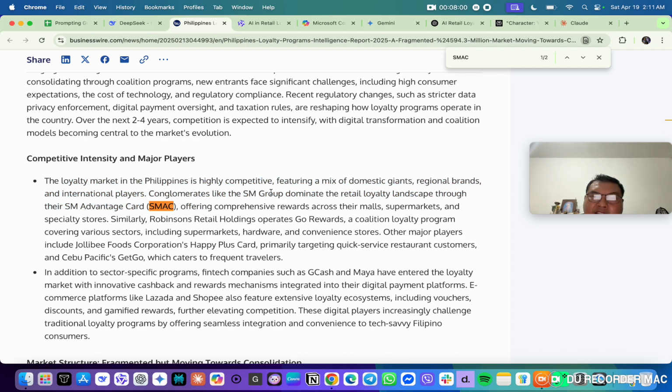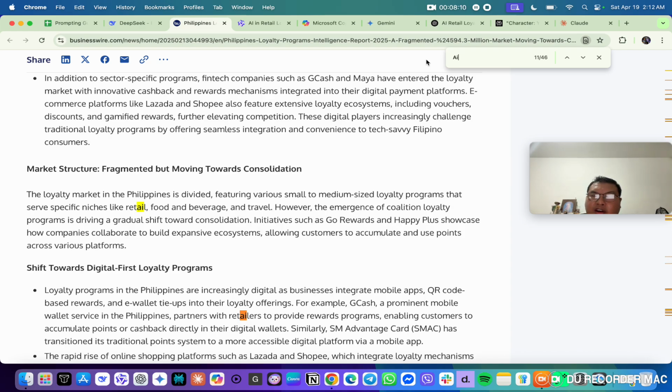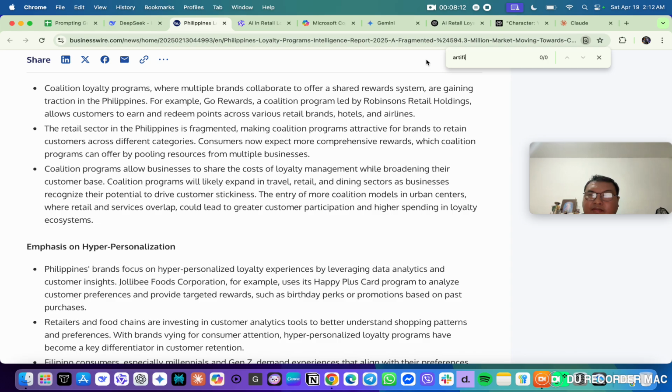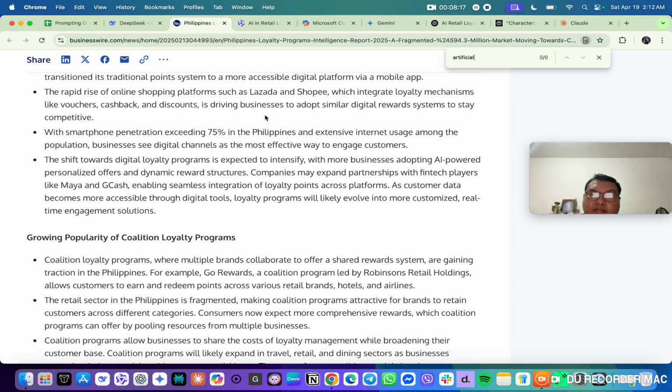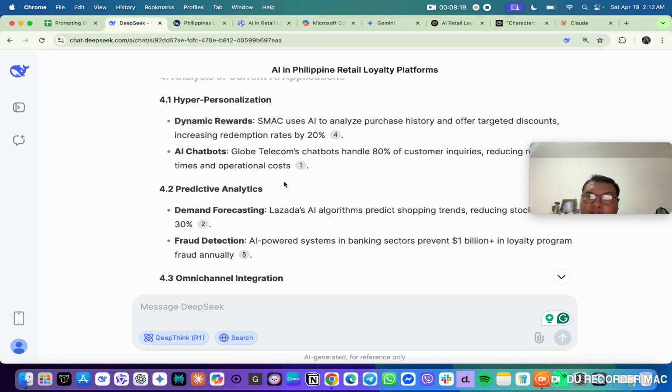Conglomerates like SM Group dominate the retail loyalty landscape through their SM Advantage card. Okay, let's validate because they're mentioning artificial intelligence. So it's saying here that SMAC uses AI to analyze purchase,